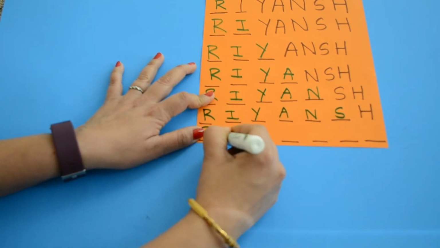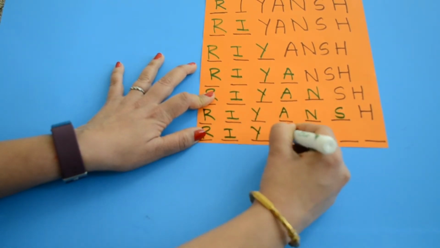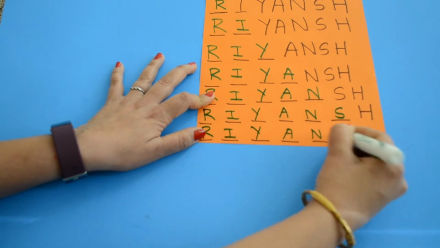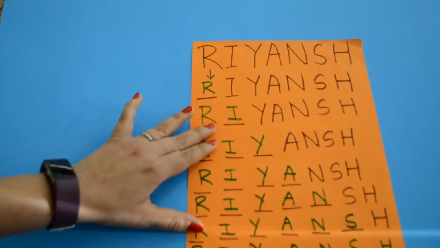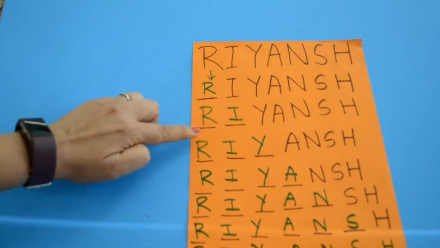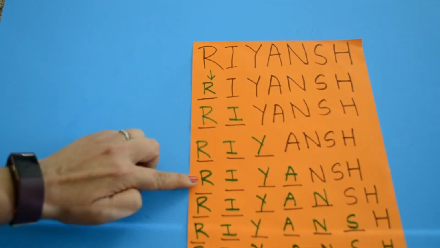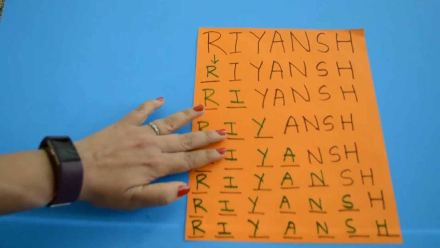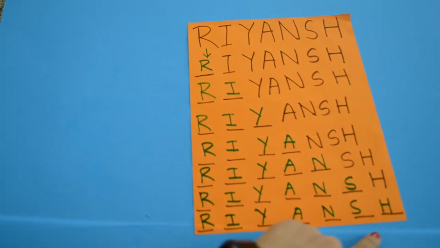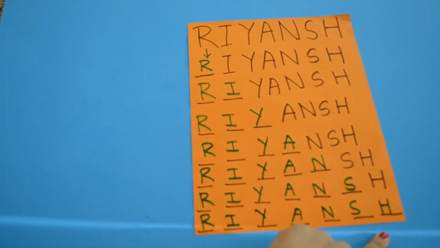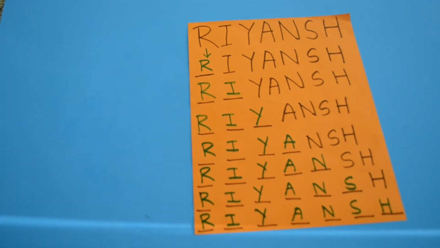As you can see, in just one go, this activity gives you a number of attempts to write down their name. And this is the reason they can write their name after a few practices of this activity. If your kid is good at writing the first name, then he or she can practice with the middle name as well as the last name. I will explain this activity one more time at the end of this video to give you a clear idea.